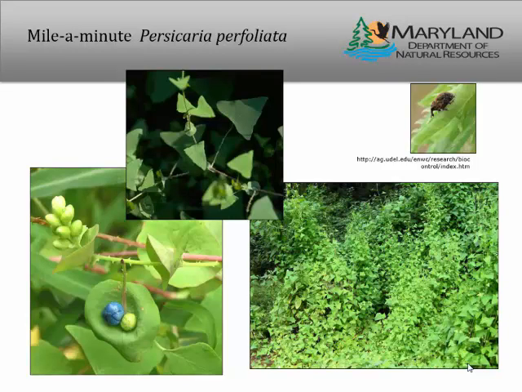I'm not really going to touch on this one too much, but Mile a Minute has a really obvious equilateral triangle shape. It has thin thorns, almost like Velcro-y all along it. This one is, I'll just mention it, we don't see it as often. It's starting to become more of a problem, but it is, unlike anything else I've mentioned today, an annual. So if you can pull it before it creates its seeds, which are in those tiny little berries in that cup-shaped leaf, then you have a chance of getting ahead of that one.